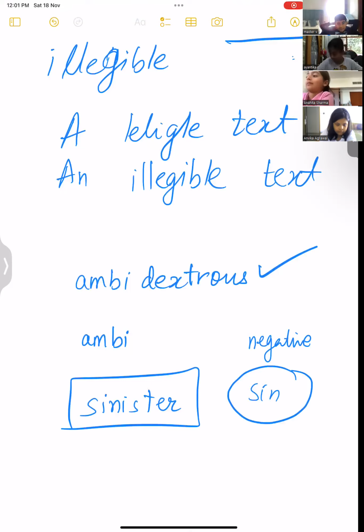Okay, let's add a bit of humor to our class. Sinister is a person who writes with the left hand. Sinister also means that you are doing something bad. Okay? Now, getting back to